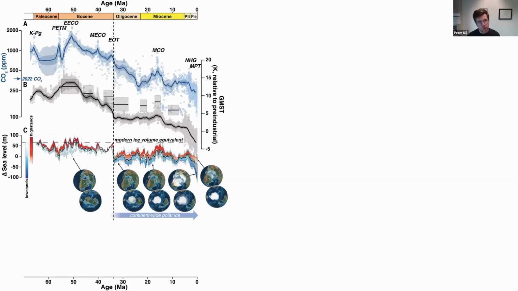And then it is thought that CO2 crossed a certain threshold, so decreased below a certain threshold, that allowed the onset of the cryosphere system in polar regions. So first of all, at 34 million years ago on Antarctica, and then later in the mid-Miocene on the northern hemisphere. And this whole concept also assigns a critical role to CO2 in being responsible for the onset of this cryosphere, particularly on Antarctica. So CO2 is seen as the critical factor that triggered the Antarctic glaciation.